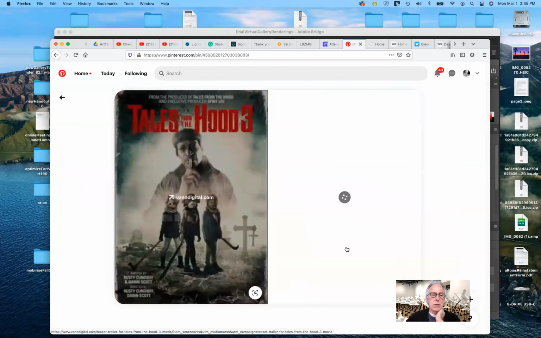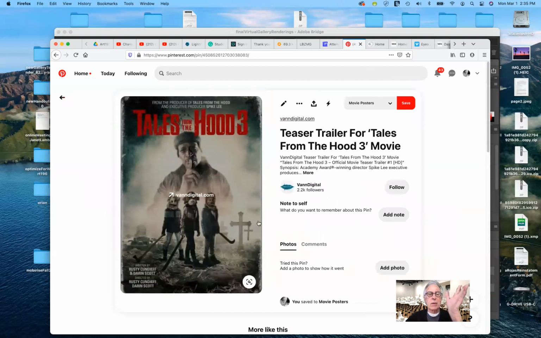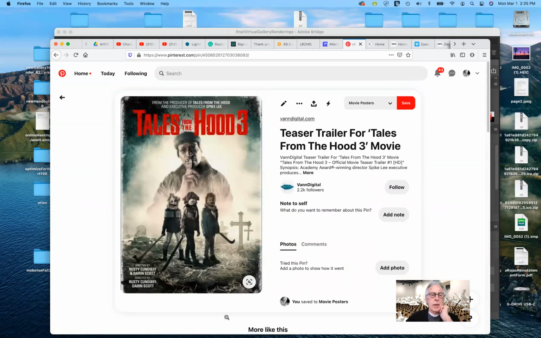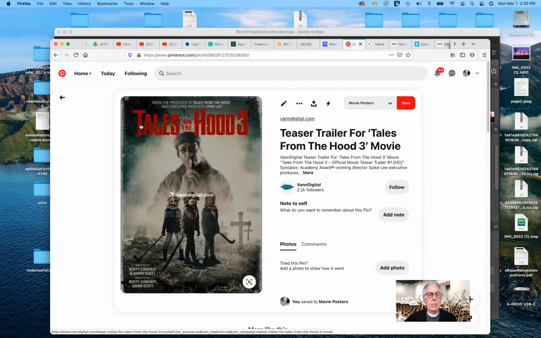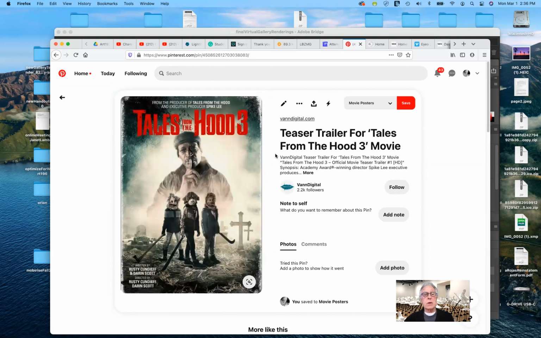Tales from the Hood is another very symmetrical kind of movie poster. And it functions well, in that you have this bold red title at the top. It has sort of a grungy look. It's large and dominates. Don't be afraid for the type to overlap the central character or any other parts of the movie poster.